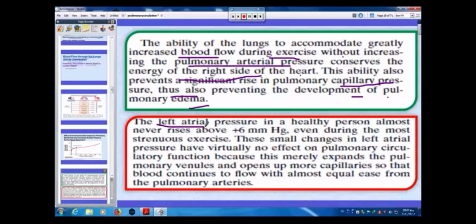The left atrial pressure in a healthy person almost never rises above plus 6 millimeters of mercury, even during the most strenuous exercise. This small change in the left atrial pressure has virtually no effect on pulmonary circulation function, because this merely expands the pulmonary venules and opens up more capillaries so that the blood